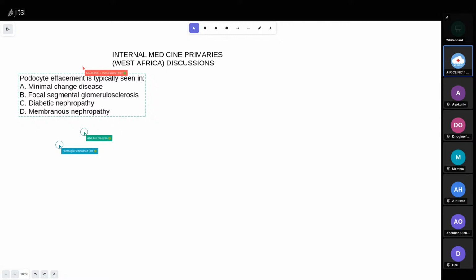Let's attempt the question so that we can move to the next thing. So when you look at minimal change disease on electron microscopy, what you particularly know is